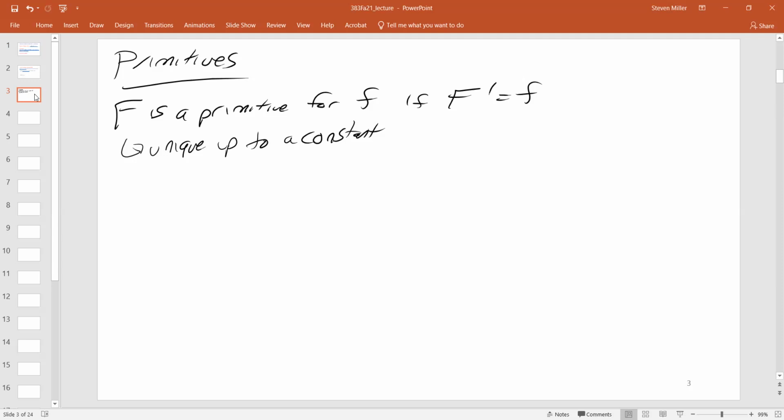A lot of physical problems people try to model by saying, well, the mathematics says that this must happen, therefore this must happen for the physical system. That only works if the physical system is actually described by the mathematics. And so you can never really prove that the mathematics describes the physical system. So you have to be a little bit careful with arguments like that. And so the idea is that if we have a primitive, then integration is going to be easy.